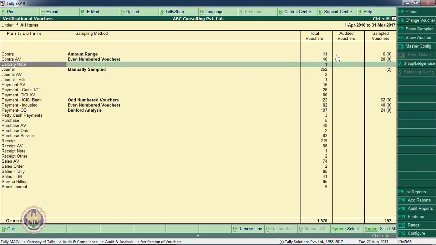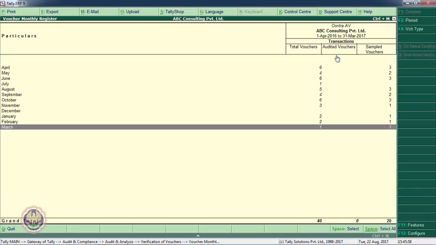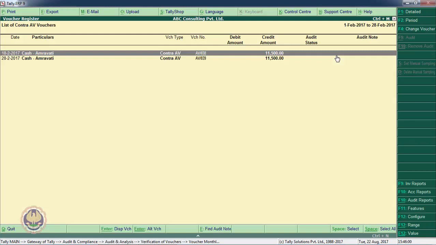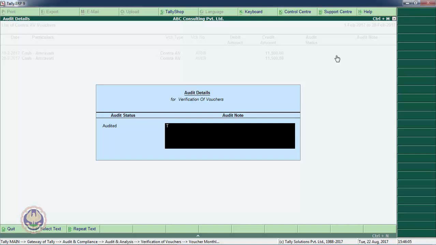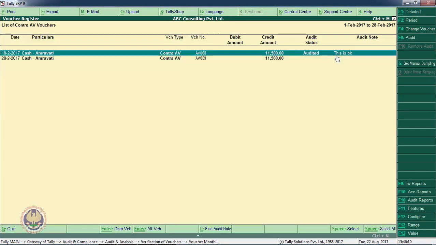I can audit the vouchers just like master data. For example, I am opening this voucher number 40. I am opening this. I am opening the voucher once again. I am putting my remarks here and I am accepting it. So this is the way of auditing the data, master data as well as transaction data. Tally has provided this very good feature of auditing. So many types of information can be unearthed for audit purposes very quickly, very easily using this audit feature.